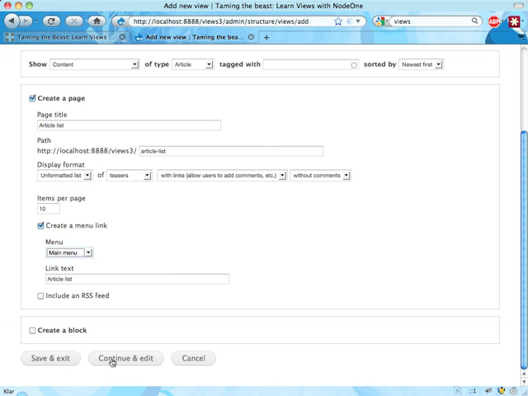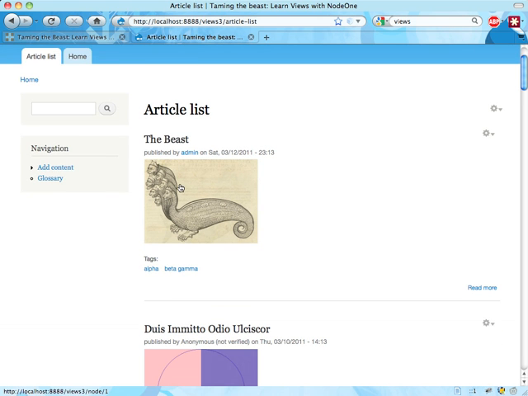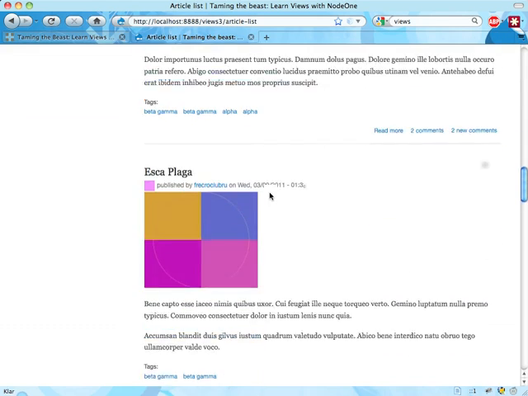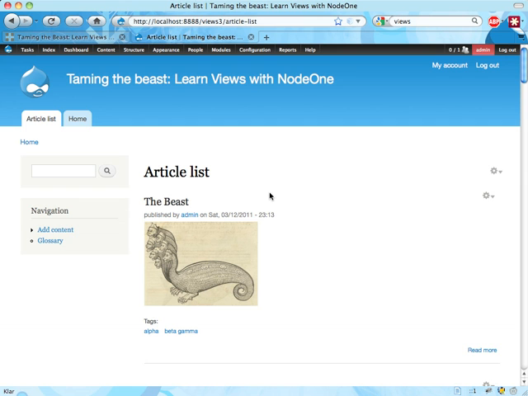Now we can click continue and edit and go into this quite advanced configuration page, but I'm going to do save and exit. Now the views interface builds this page for us and then throws us to the resulting list page here at article-list. We have the title that we set, and we have the beast, the newest article, and then a list of older articles following this. Alright, so that's how to create your very first quite simple view,